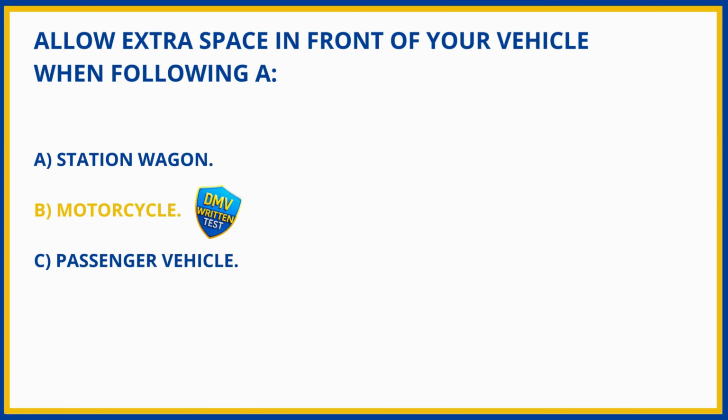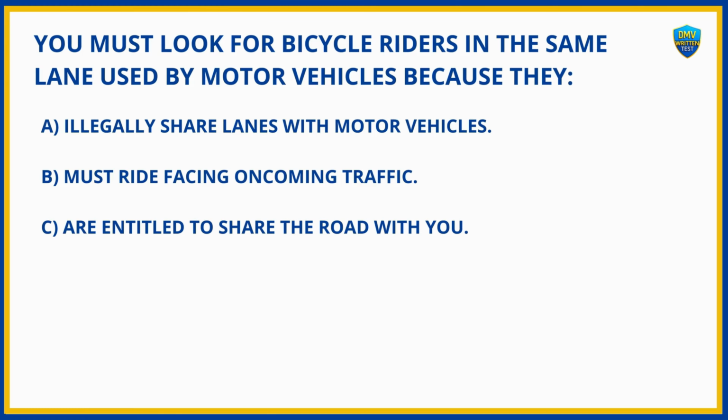B. Motorcycle. You must look for bicycle riders in the same lane used by motor vehicles because they A. Illegally share lanes with motor vehicles. B. Must ride facing oncoming traffic. C. Are entitled to share the road with you. And the answer is